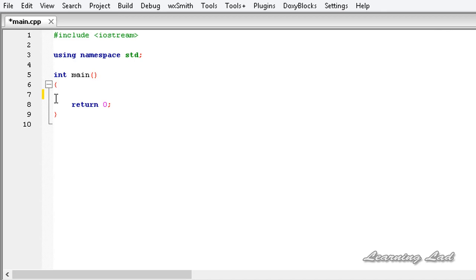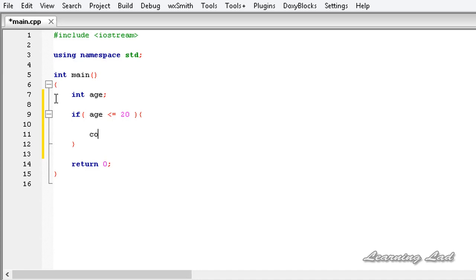Alright, first we're going to create a variable called age. The next thing is we need to check the user's age. For that we're going to use the if. Then we need to form the expression: if age is less than or equal to 20. If the user's age is less than or equal to 20, then we can say that the user is young. That's why it's going to be cout, and I'm going to say "you are young",